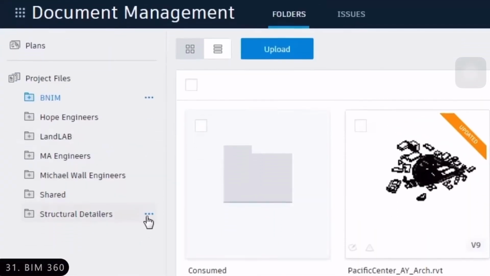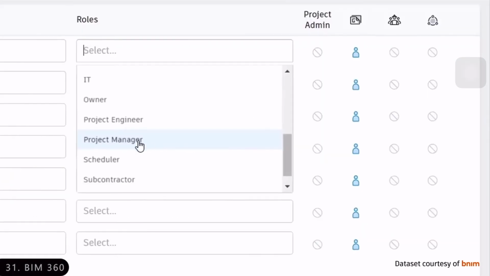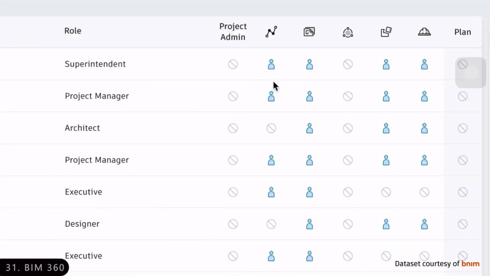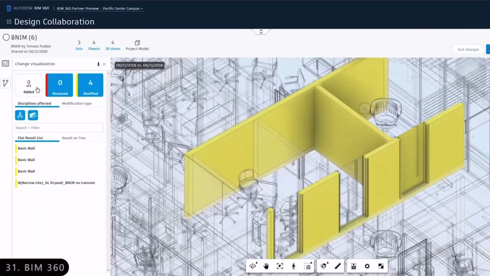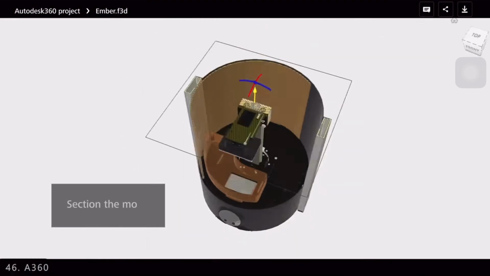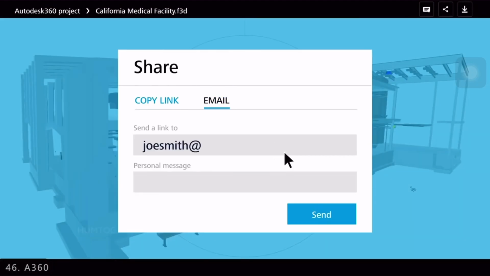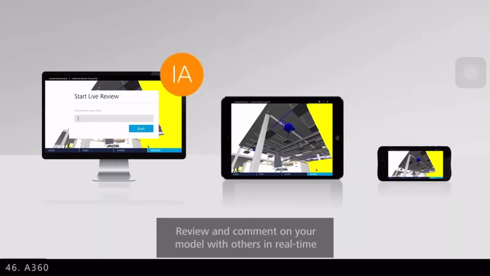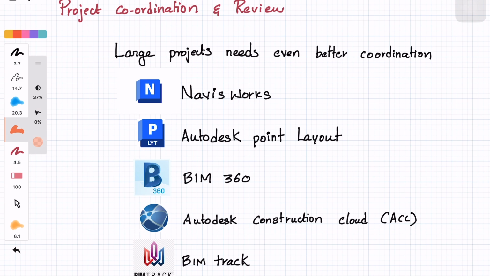And coming to cloud workflows, BIM 360 and A360. To manage files, markups and site issues, we use BIM 360 or the broader Autodesk Construction Cloud. They support team communication, document version control, RFIs, issue tracking, and even safety checklists. A360 is lighter, more like Google Drive for DWG and Revit files. Accessible via web and mobile. Cloud platforms are essential for distributed teams and remote collaboration.